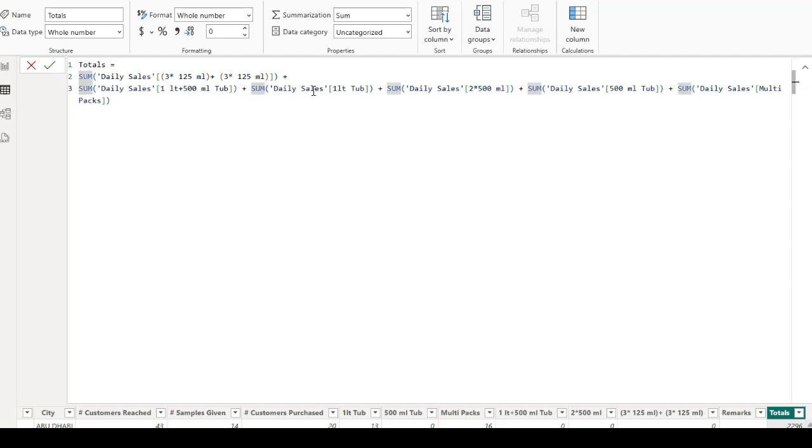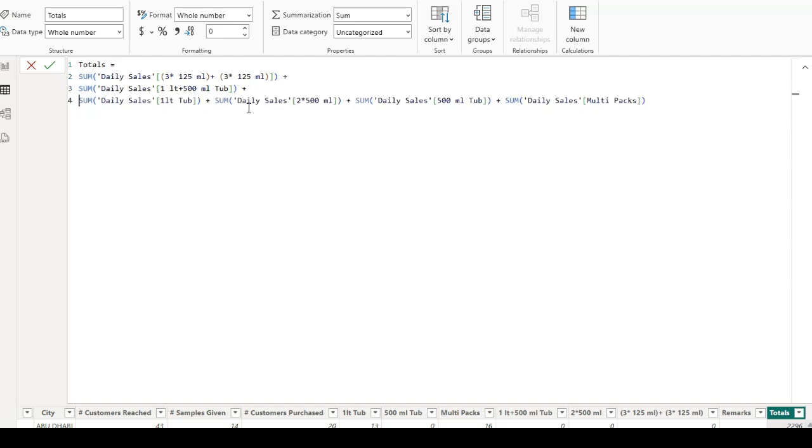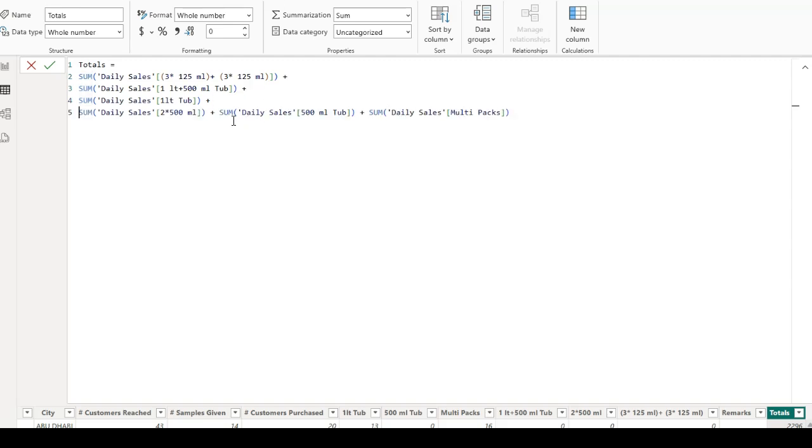Again I'll click just before the third sum, and press Alt and Enter. The fourth sum, let's bring it down, Alt Enter. The fifth one we'll do the same, and for the sixth one we'll repeat it again. So this looks much better and much neater so that anyone looking at the formula understands that we are summing